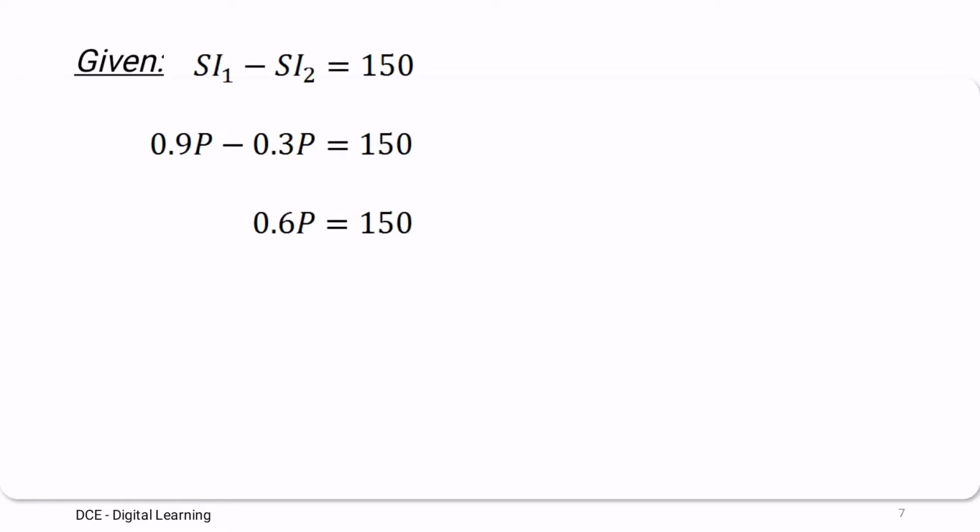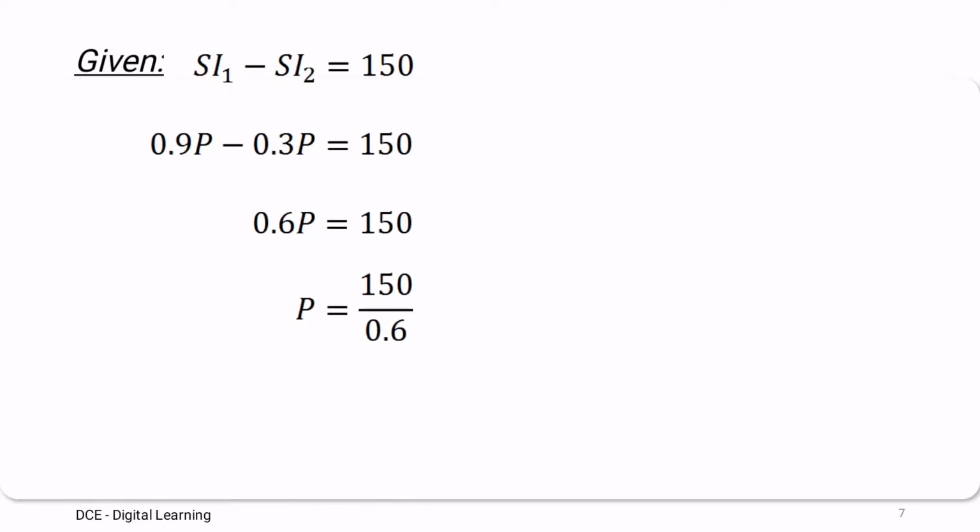When you deduct 0.3 from 0.9, the result is 0.6. So 0.6P equals 150. Here in both these numbers 0.9 and 0.3, there is the product of P, so we can deduct 0.3 from 0.9. So 0.6 into P